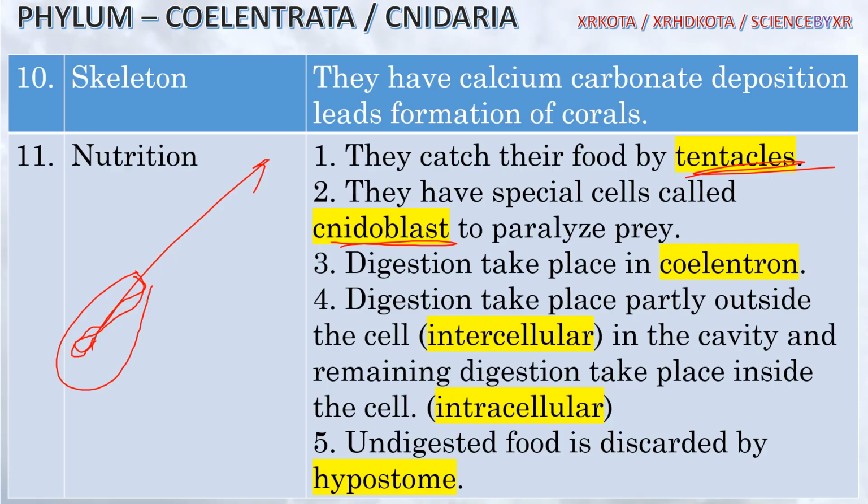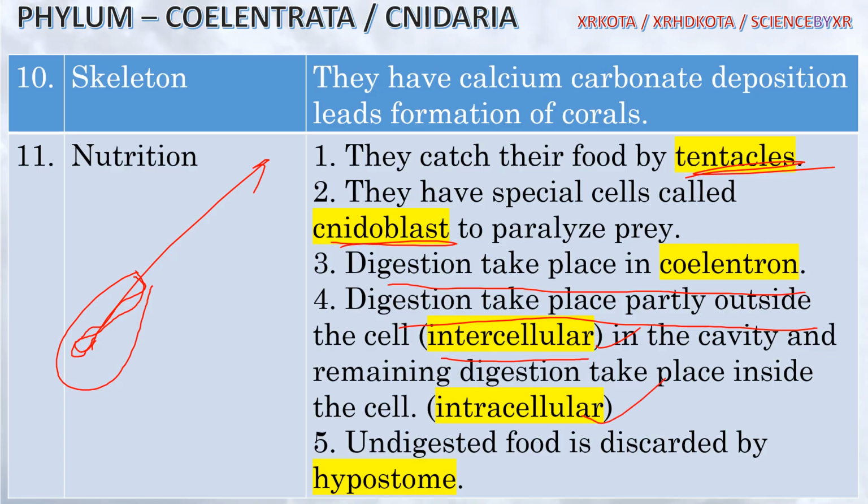Now there are two types of digestion. Part of digestion takes place in the coelenteron, and part of digestion takes place inside the cells, the gastrodermal cells which are found in the inner layer. So there are two types of digestion. One is extracellular digestion, which takes place outside the cell, and the second is